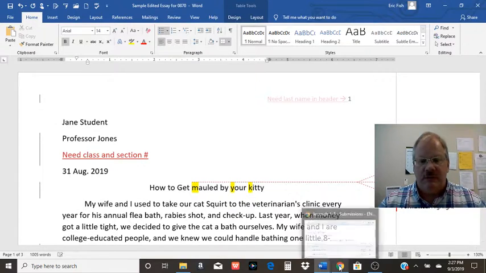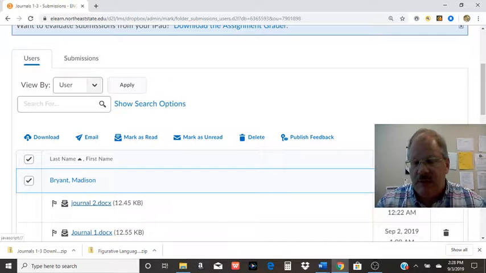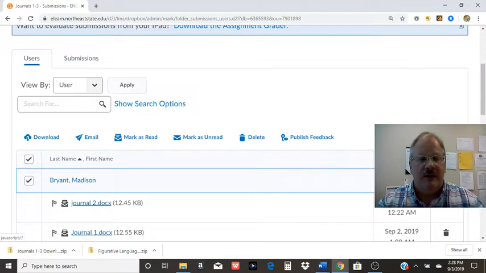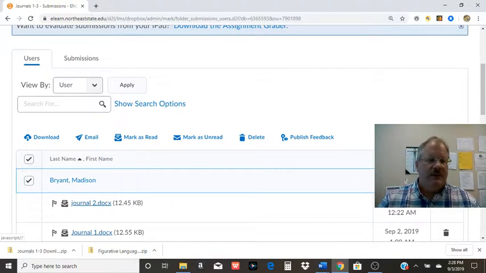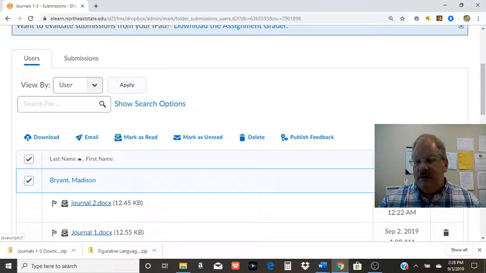And then there's different ways to deliver it back to the students. You can go to this evaluate tool, and there's a little evaluation tool that comes up on the side, and you can upload the document into that and there's a little space for a commentary, like, here's your draft with my commentary or whatever. That's nice because then it sits in D2L until the student opens it up. And that way you have a copy on your computer, the student has a copy on D2L, and the Comp 1 instructor, if they're in your 0870 course, can go in and see what you've done or what you've written